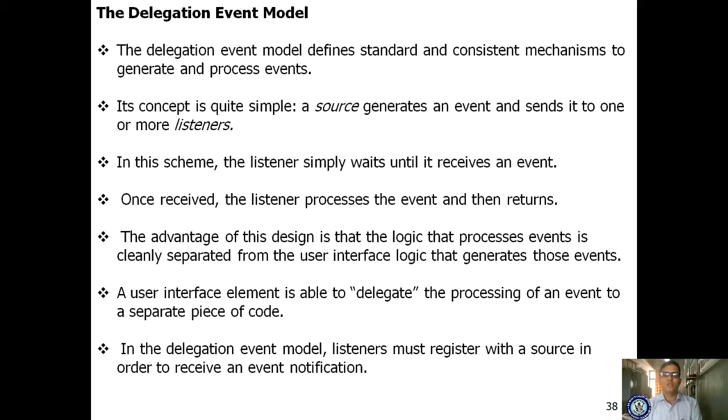This is just like how you are waiting until we post the timetable. Once the timetable has been posted, you are accessing the source, right? In the same sense, it can be accessed by one or n numbers. Sometimes you are accessing, sometimes you are not. Those who accessed it are the listeners. We came to know how many listeners are listening to our classes. Clear? Likewise, in this delegation event model, the listeners are waiting for the events generated by the source. The source can generate events, and they can be accessed by one or more listeners.